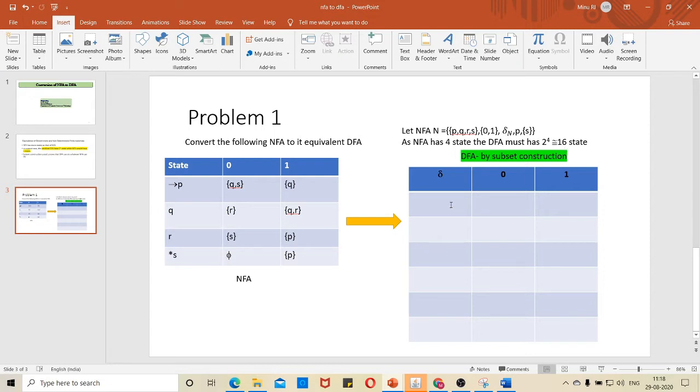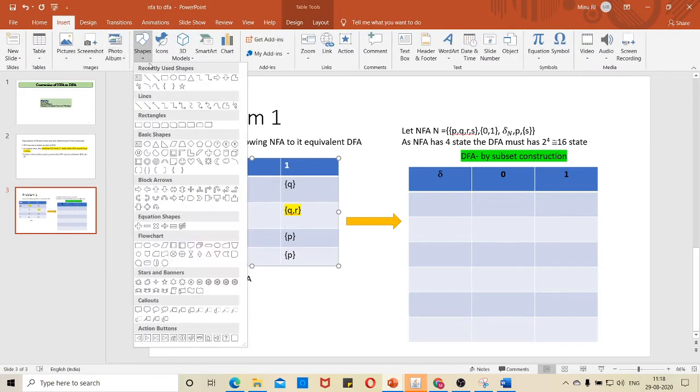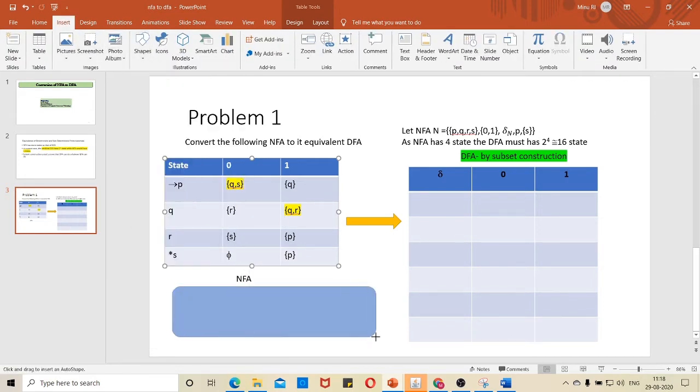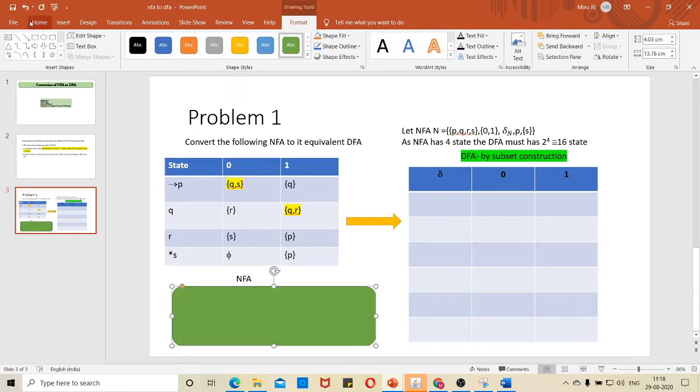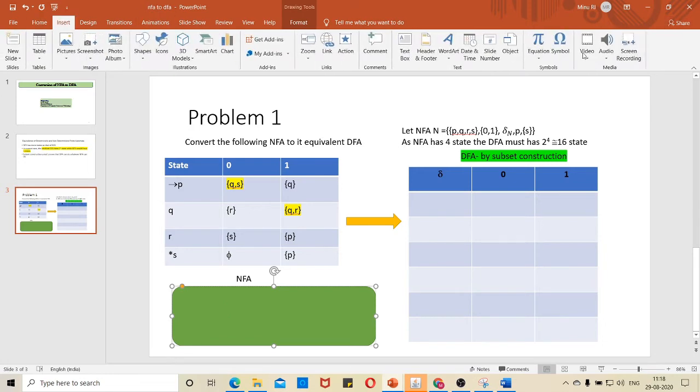Okay, so let's start. First we have to identify what new states we got, that is, combinations of 2. Here we got a new state, that is a new subset, and here also we have got a new subset. With respect to these new states, we have to identify the transition, what happens if 0 or 1 becomes an input. I will write the transition not for all, but for a single one.